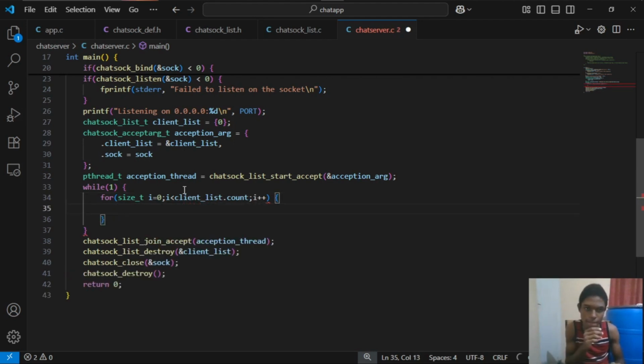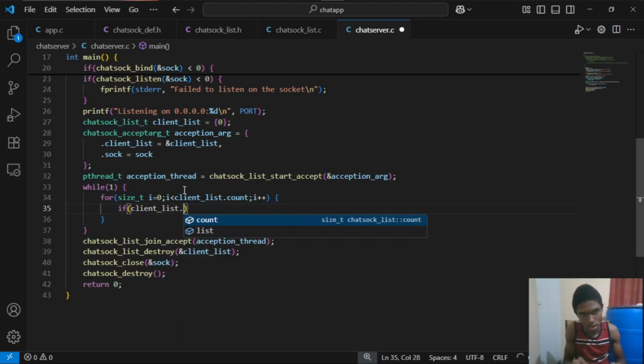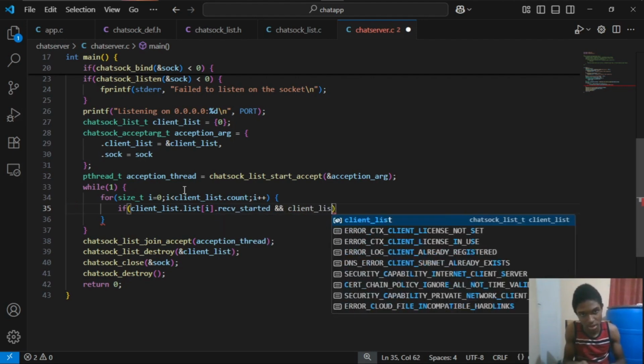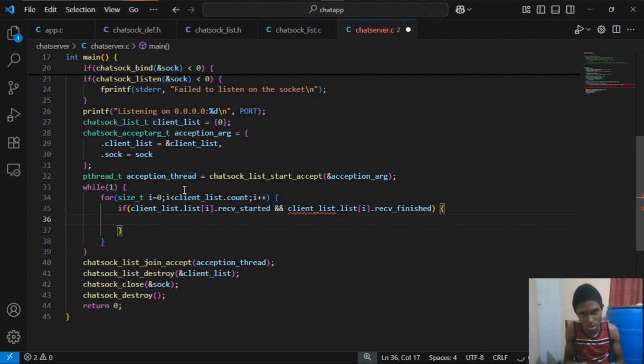We'll then say if our client list dot list at index i dot receive started and client list dot list index i dot receive finished, then